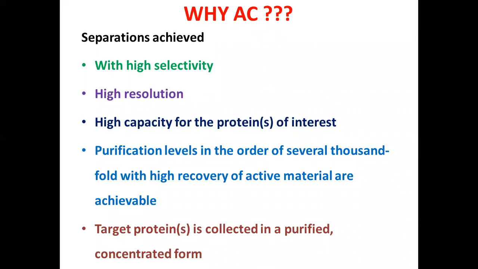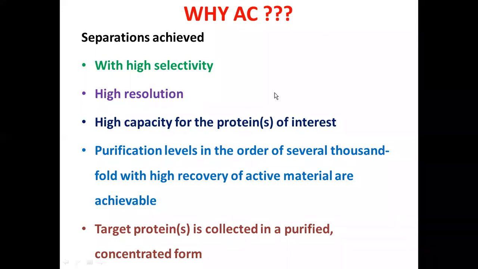Therefore, affinity chromatography is one of the strongest separation tools for the separation of protein molecules or other biomolecules. And once the target protein is collected in a purified and concentrated form, it can be easily subjected to the separation of whatever it may be: DNA fragments or DNA fractionations, or ATP, ADP, adenosine monophosphate, whatever it is. So if we have a bioselective ligand for the separation process to be completed, the target protein can be easily isolated by means of this affinity chromatographic technique.